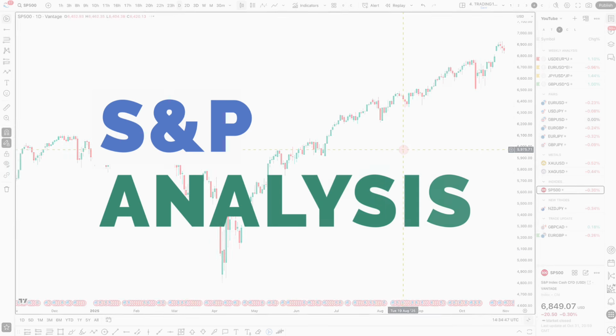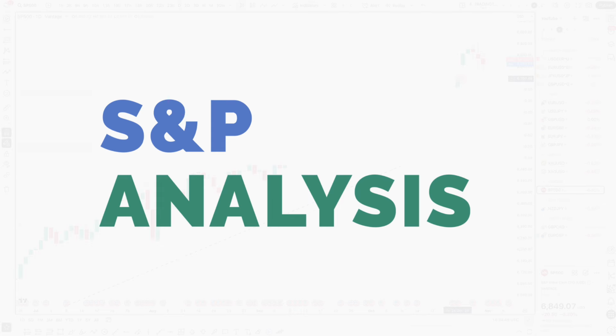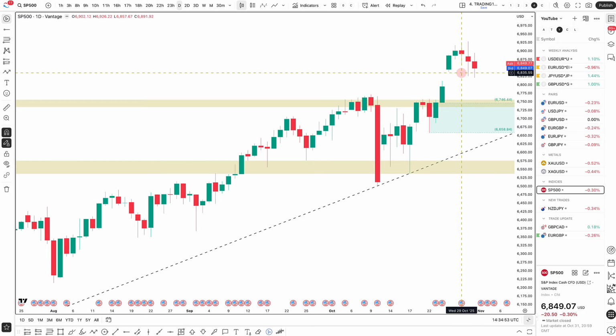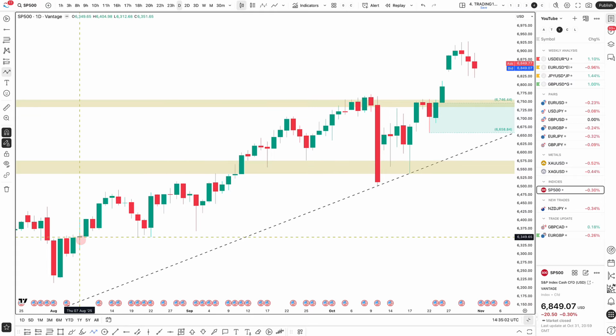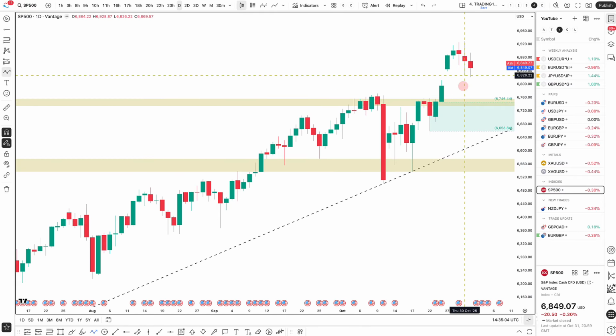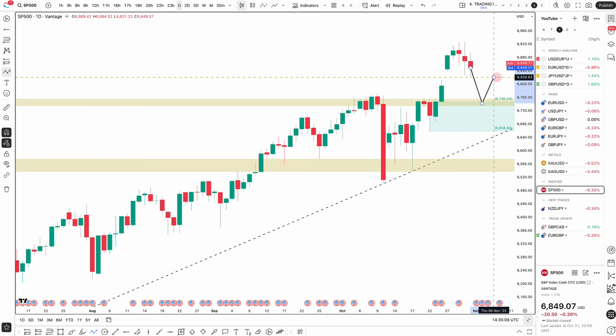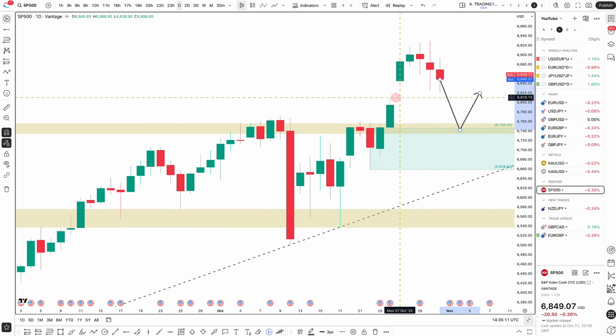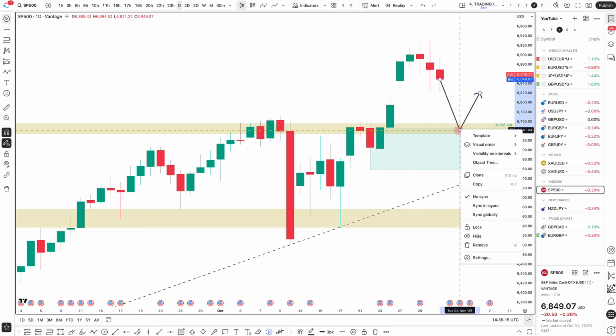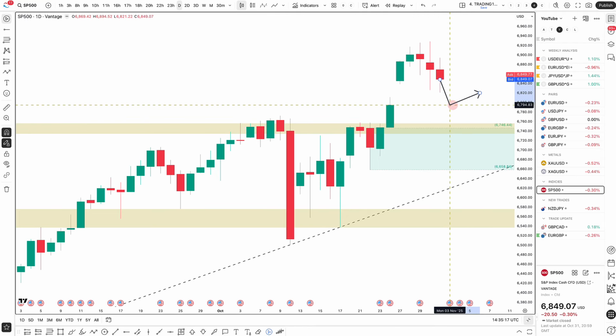Moving to the S&P, and the S&P has pulled back a bit based on, I guess, the rate cuts being priced out a little bit. Stock markets typically tend to move in alignment, overall over the medium to long term, with rate cut expectations or rate hike expectations. I do think that we're probably likely to get a bit more of a move to the upside. Any pullbacks, that gap probably needs to be completed. The unfair auction needs to be completed. So if you do get prices move back down into here, that could be a decent move.